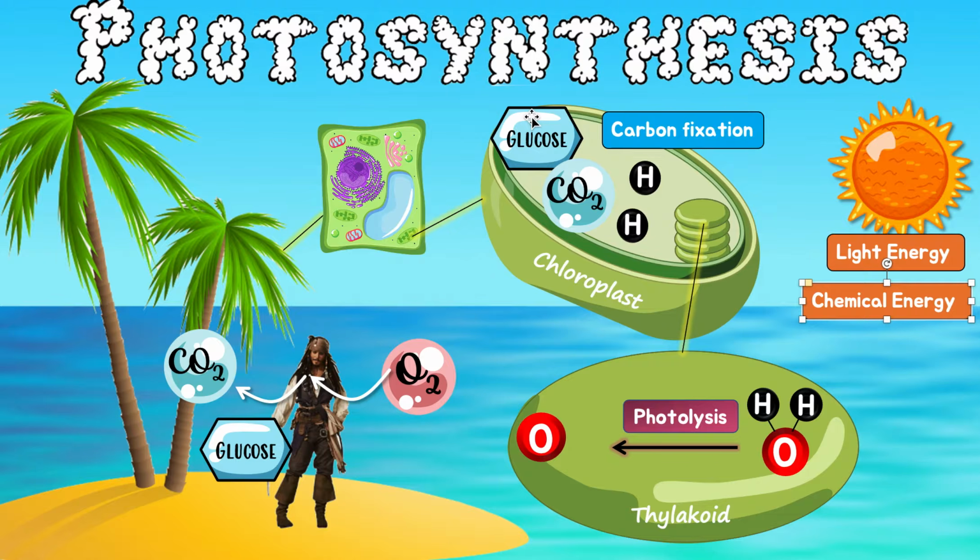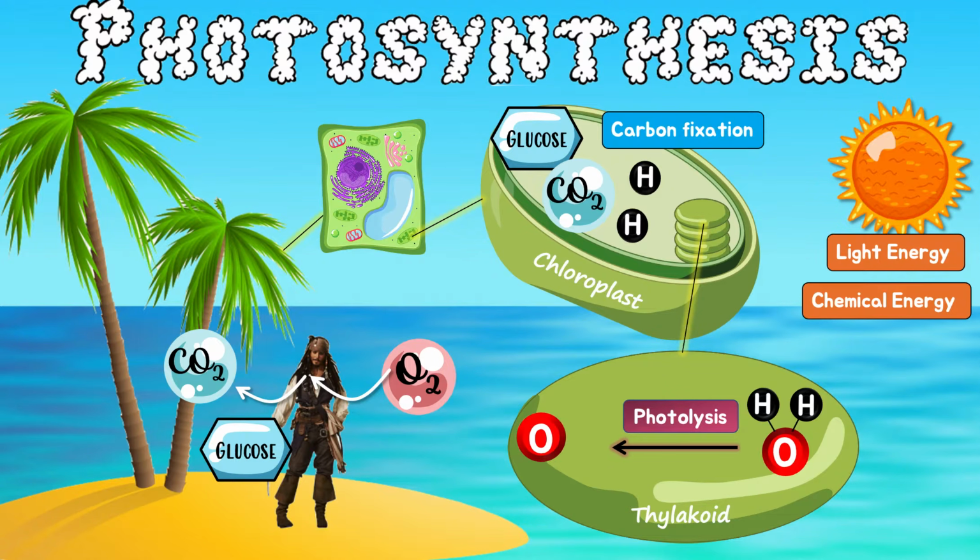So I want you to not get confused. Plants do photosynthesis, they make their own glucose, but they also do cell respiration. They also break down their own glucose that they made to make ATP so that they can survive. Okay, so don't get it confused. Plants don't only do photosynthesis. They do photosynthesis and cell respiration. They make their own food and they eat their own food. Whereas us humans and animals, we can't make our own food, so we need to go and eat it somewhere else. Then we can break it down using cell respiration.